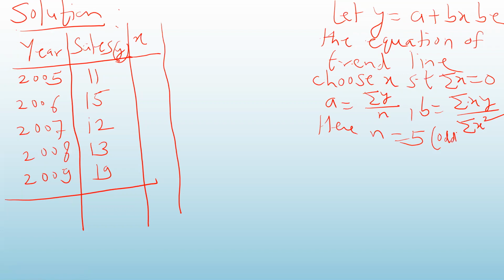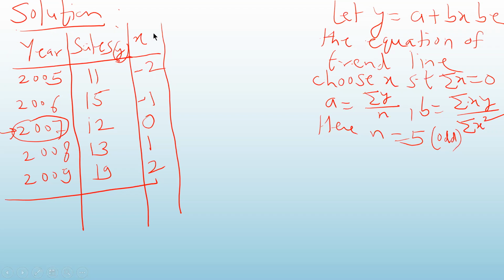So whenever the number of values in your data are odd, exactly one year will come in the center. So which is the center here? 2007. This is in the center. You give the value of X corresponding to this year as 0. And then for the next years, 1 and 2. And before that, you give -1 and -2. If there are more years, then you can continue in the steps of 1, 2, 3, 4, like that. And similarly, if you have more years here, you can write -1, -2, -3, like that.